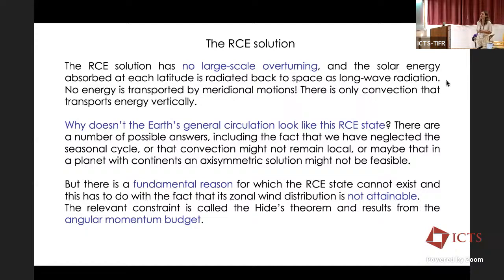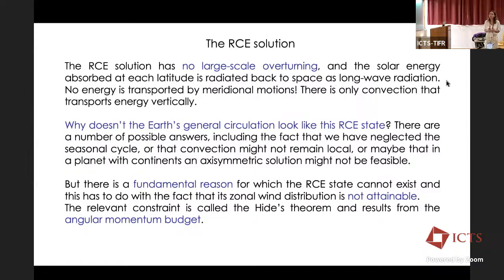Some of those are, for instance, the fact that we have neglected the seasonal cycle. We have assumed that convection remains local. Convection might not remain local and might be driving larger scale circulations. Of course, we are considering an axisymmetric planet, no variations with longitude. So all of this might be plausible reasons, but in reality, there is one fundamental reason for which RCE is